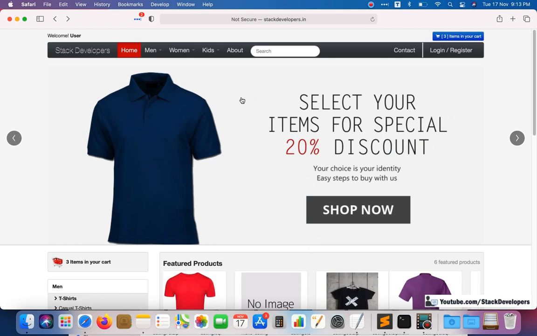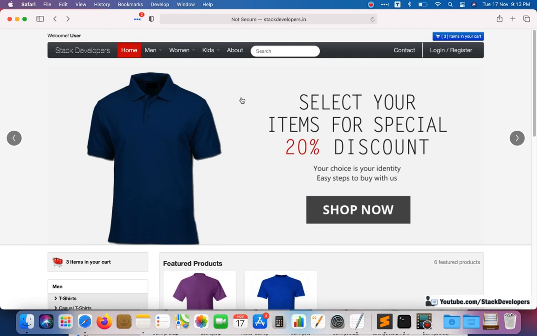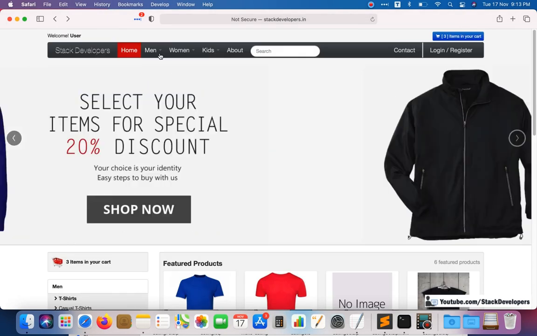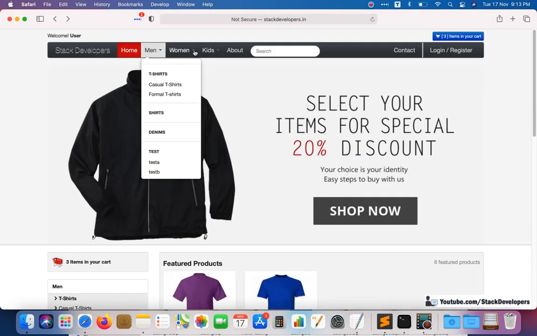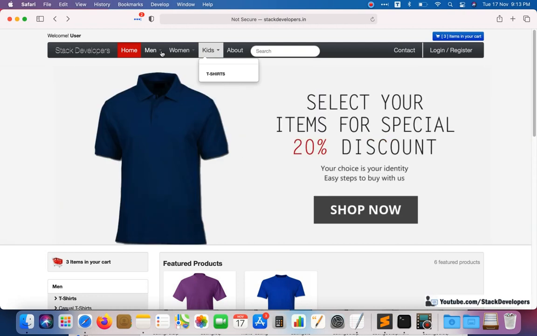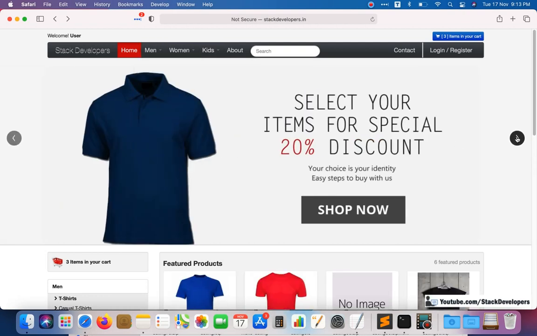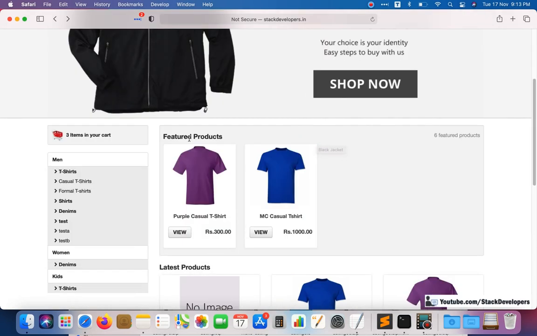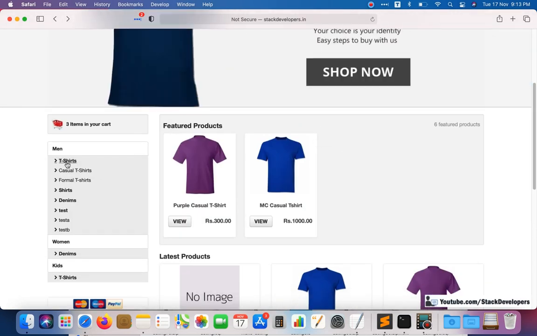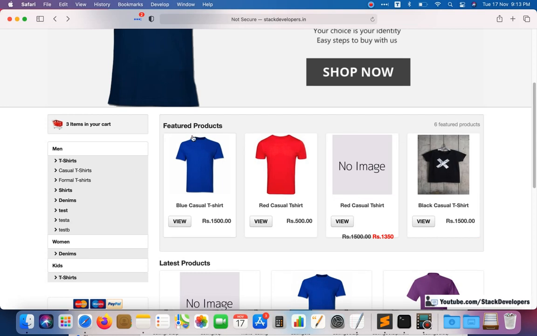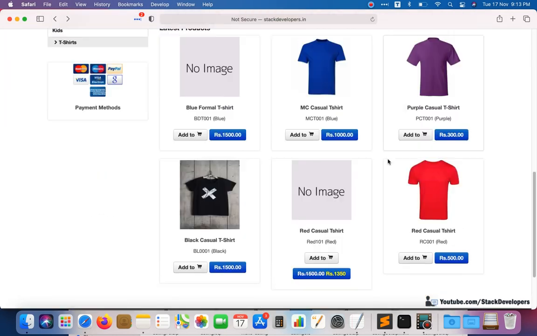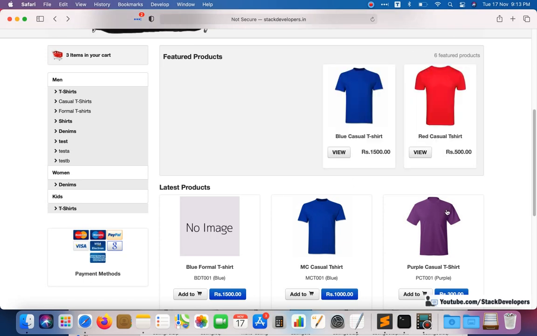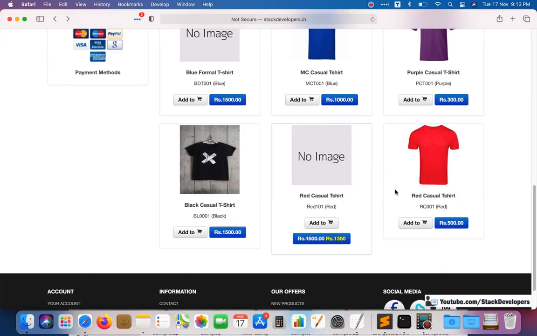So see this code we have done, this website stackdevelopers.in. We have done up till the shopping cart. We were able to make the first admin panel. After that we did this home page, this menu, and this slider menu. You can see the slider banners we can add from the admin panel, and this left sidebar with categories, subcategories, sections, and these featured products and latest products, all are coming from the admin panel. You can see that we are showing the discount as well.